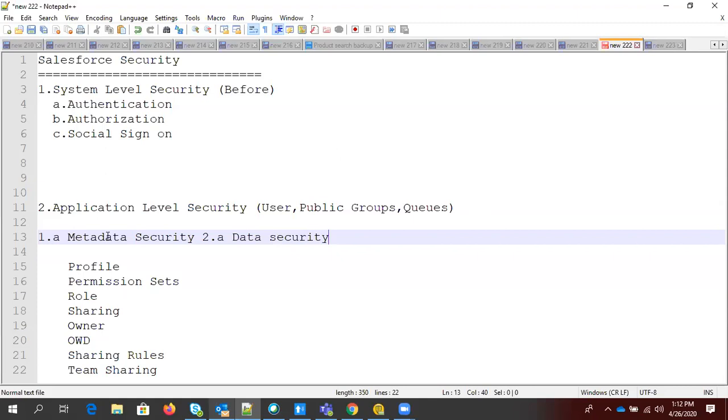So guys, are you aware of what metadata is? Can anyone explain what metadata is? Metadata is like a complete software, whatever is inside it. Anyone else?